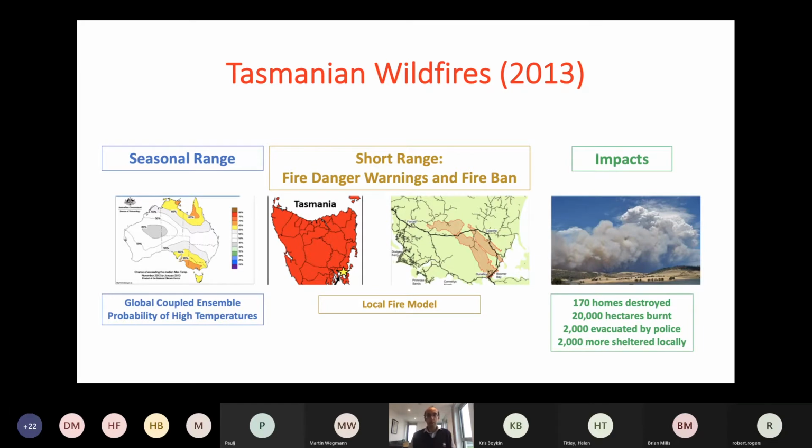The main take home for this particular case, and this was in 2013, was the need to operationalize many of these research models and evaluate them. They had showed a lot of promise. And I wasn't awake, but in the first series of talks in today's workshop, there were many speakers from the Bureau of Meteorology, and it'll be useful to look at some of their talks once they're available to really get an updated idea on the current status of fire danger warnings and the modeling that goes along with it.